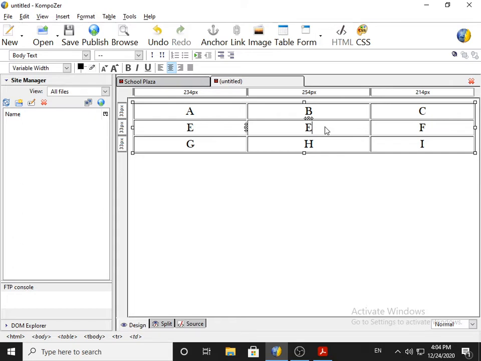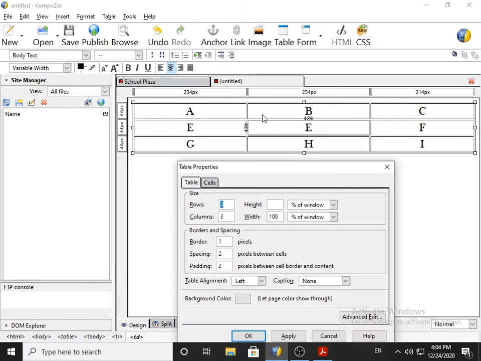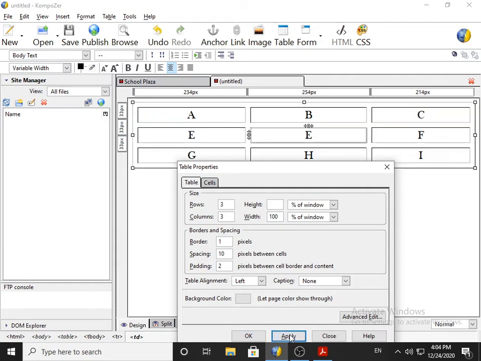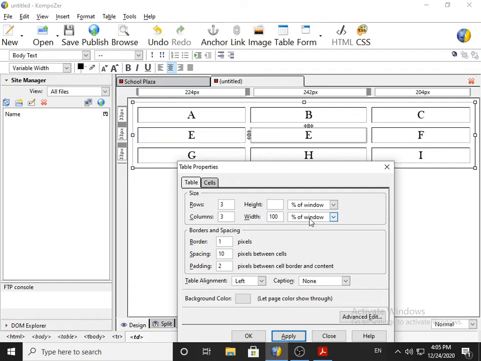Now if I go for cell spacing, means gap between two cell in all four direction. For example, if the cell spacing is, say for example 10 pixel between cell, look at this, this is called cell spacing. This distance, this distance, this distance and this one is called cell spacing. The gap between two boxes, all four direction.